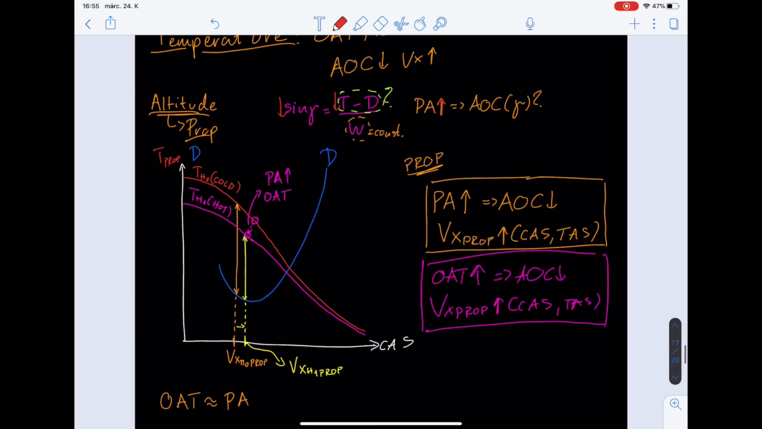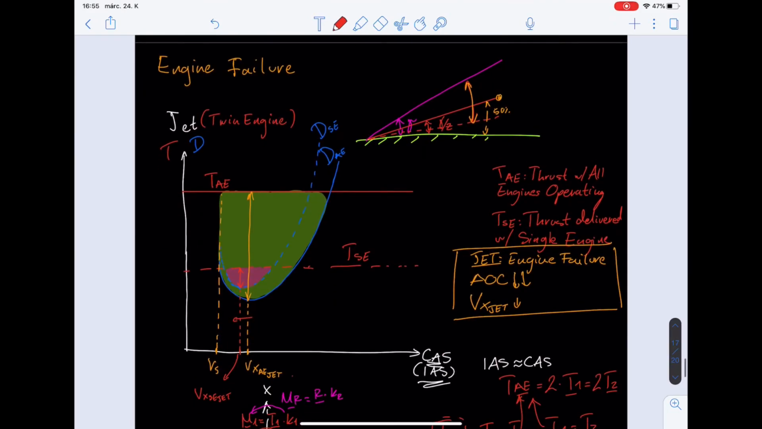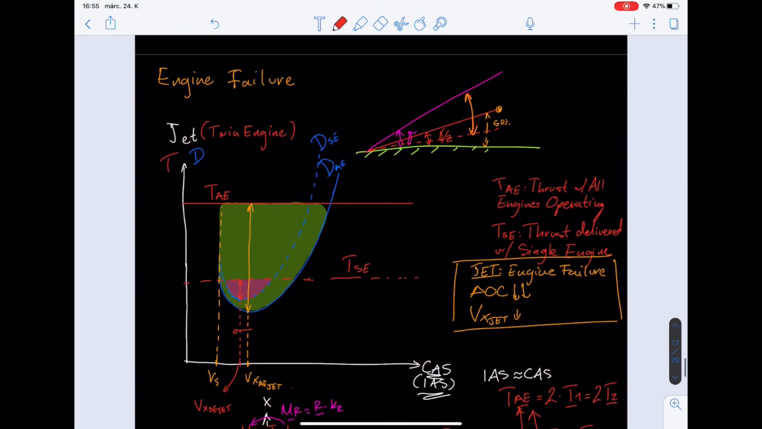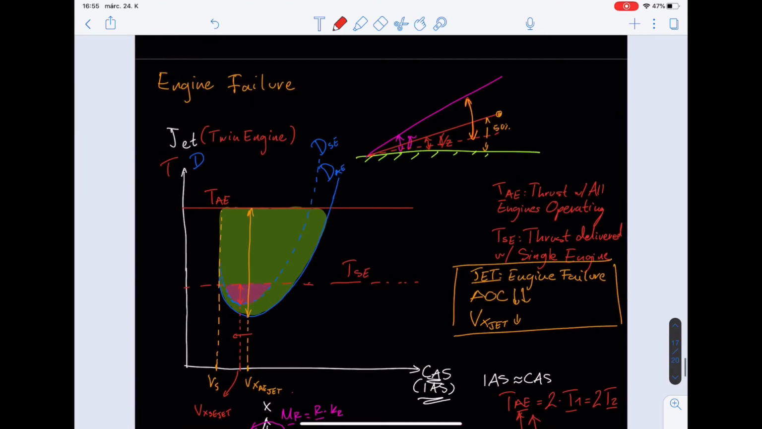So what we saw is that if you increase the pressure altitude, of course the angle of climb would be reduced, but the difference is that the Vx, so the speed for the best angle of climb, would be increased both in terms of calibrated airspeed and in true airspeed for the propeller-driven one. And we also saw that for the outside air temperature it is the same exact principle behind this whole thing. Okay, and we saw that the engine failure, of course, reduces, and this was the point, it reduces the angle